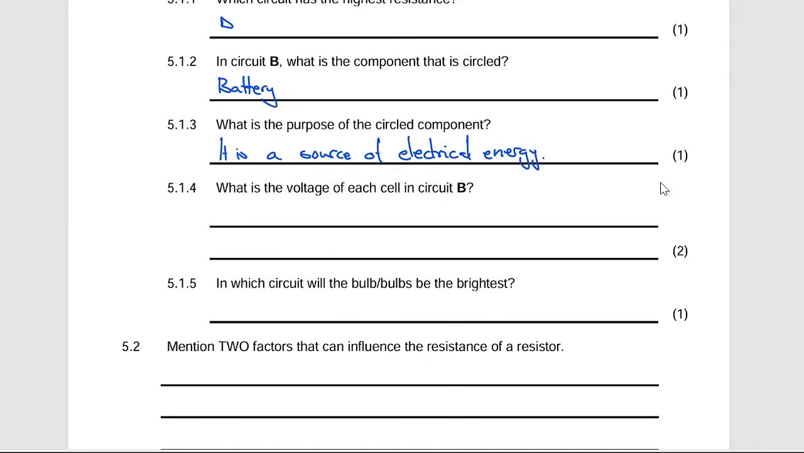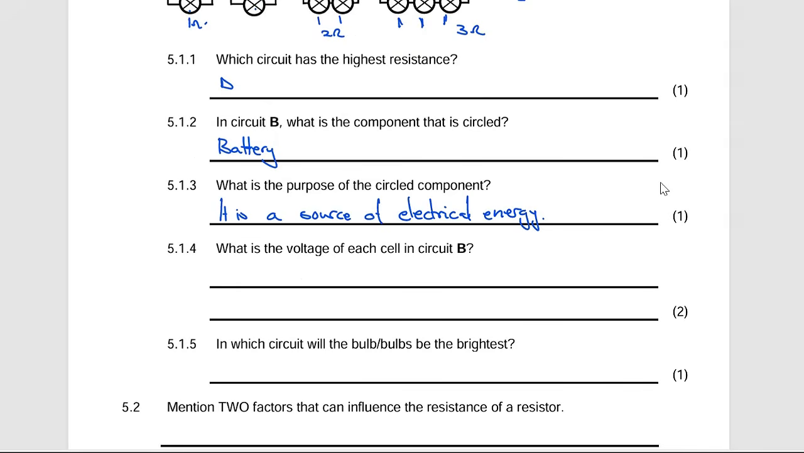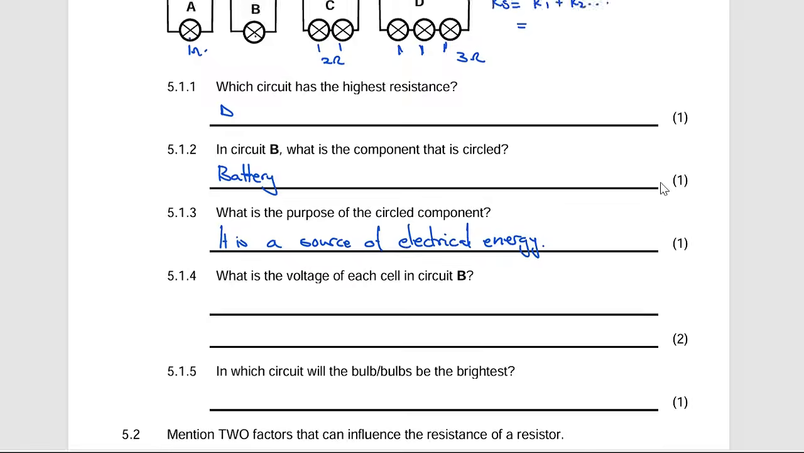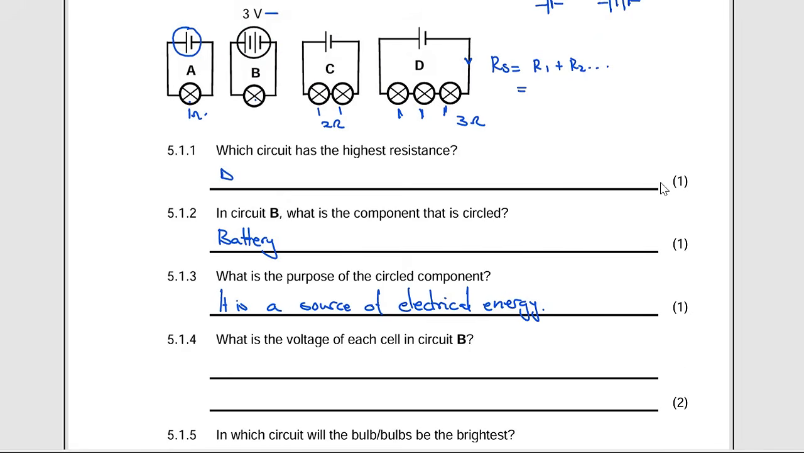It says, what is the voltage of each cell in circuit B, right? So let's look at circuit B, this is the one there. So we're given a value of how many? 3 volts, right? So if you can look there, it means our battery has got a voltage of 3 volts,